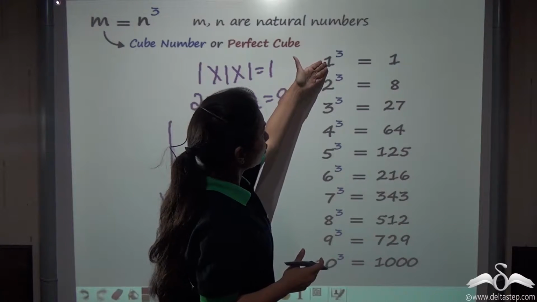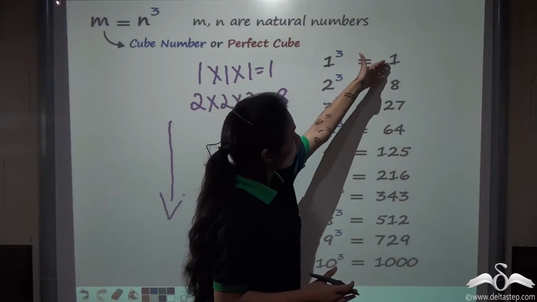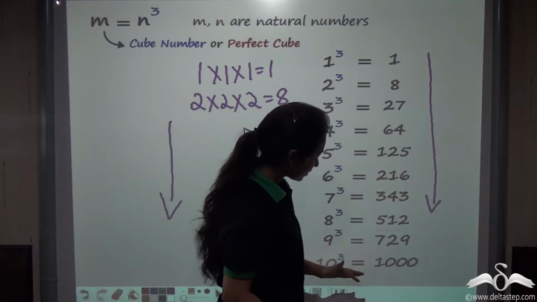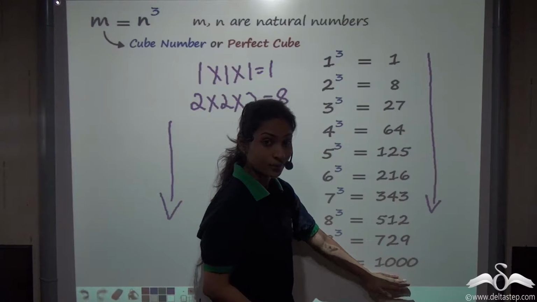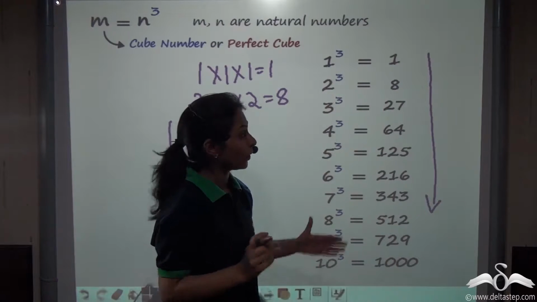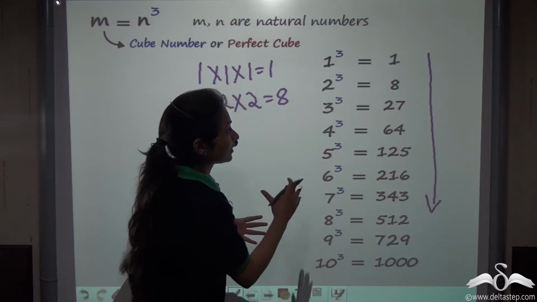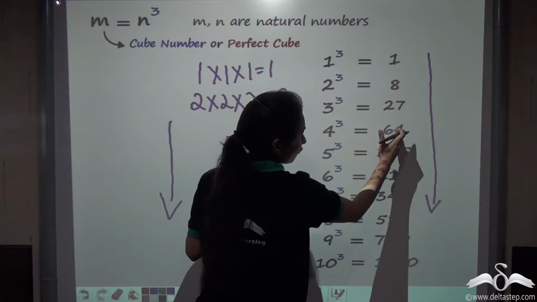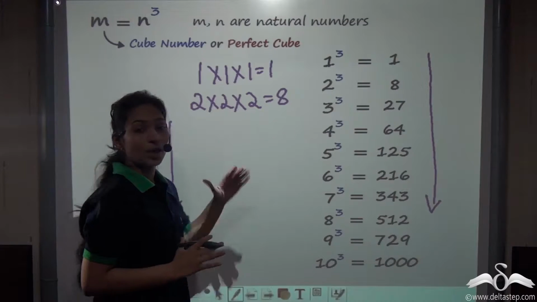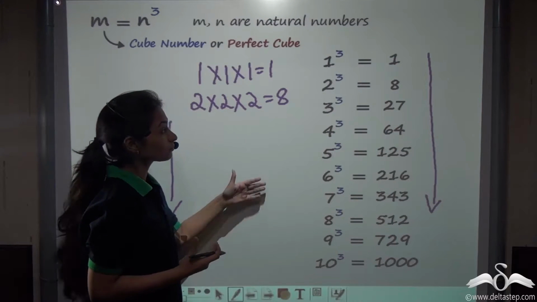When we are writing the cube numbers from 1 to 10, see how the numbers are increasing greatly. First is 1, 8, 27, going on increasing, and the last number till 10 comes to 1000. Well, that means there are only these many cubes in between 1 and 1000, both inclusive. Or you can say that there are only 1, 2, 3, 4, 5, 6, 7, 8, 9, 10 perfect cubes between 1 and 1000, both inclusive. So this is an interesting thing.